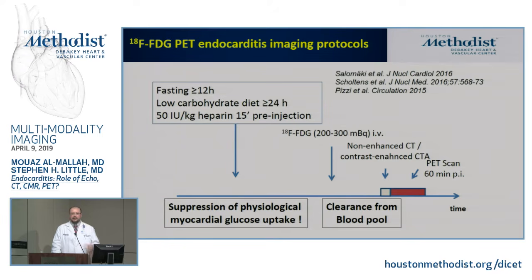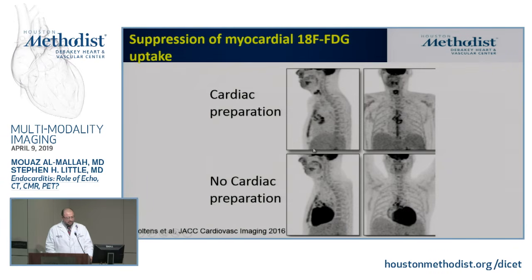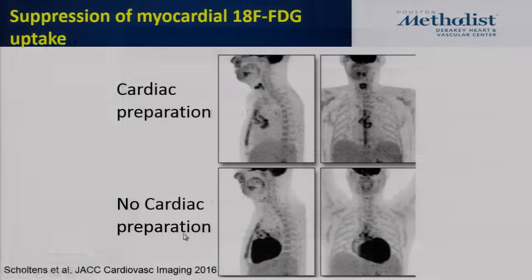So it does inhibit the myocardium from taking up the FDG. Then we give them the FDG, wait for about 45 minutes to an hour, and then go ahead and image them. It is very important to inhibit it because you can see, this is the patient with cardiac preparation. This is the patient without